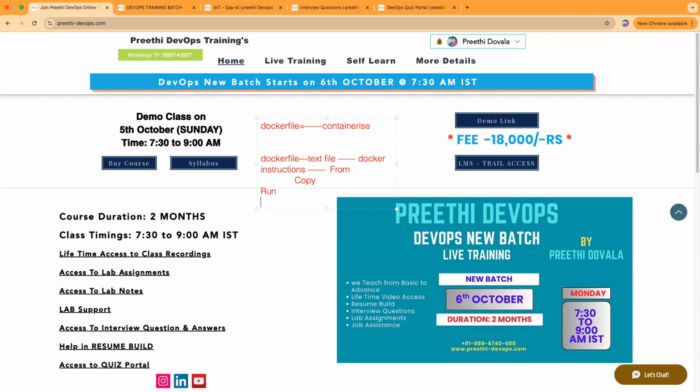And also you don't have to know which version of Java is needed for the application, because the developer will say it. That's the developer's task, right? The developer will create this Docker file actually, not the DevOps engineer. But we will also learn creating Docker files, because we may need a Docker file to spin up some environments, like